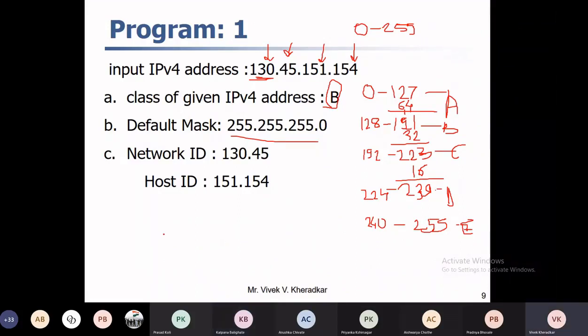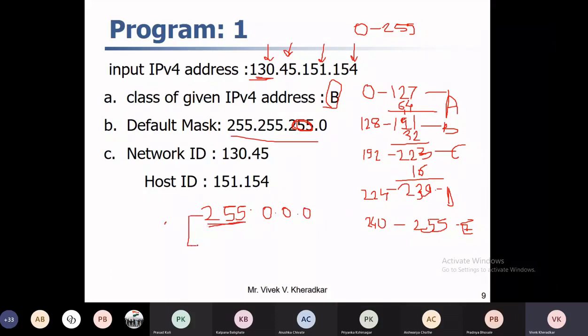So the first 8 bits are 1, which means 255. So the default mask of class A is 255.0.0.0.